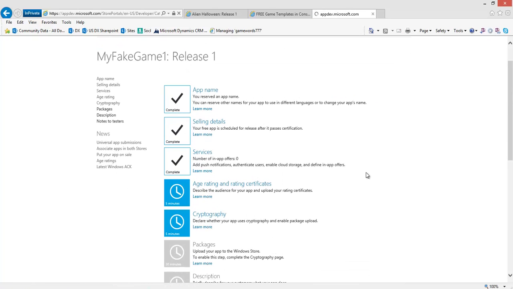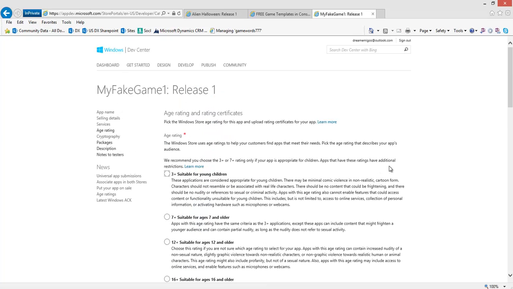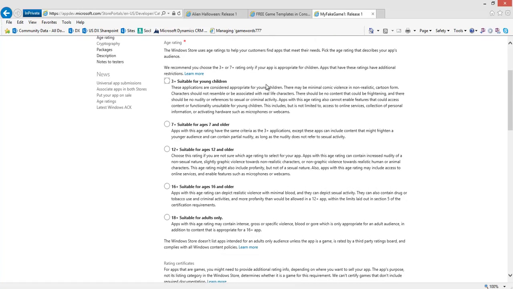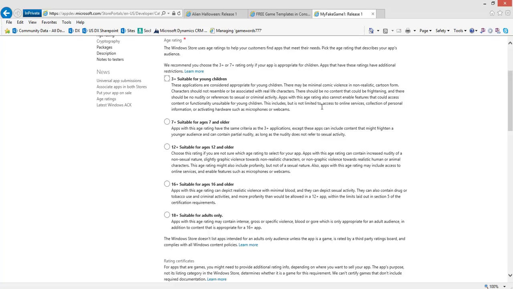Now, age and rating. Depending on what you're going to do, you could be aiming at different ages. Let's say you create the new version of Halo, and while it has violence, some explosions and things that are not suitable for small kids. So you are not going to pick 3 years old. You may be picking 18 years old or 12. I don't know. It depends a lot on the content of your own game. In my case, this is a really childlike game, so I'm just going to go for suitable for young